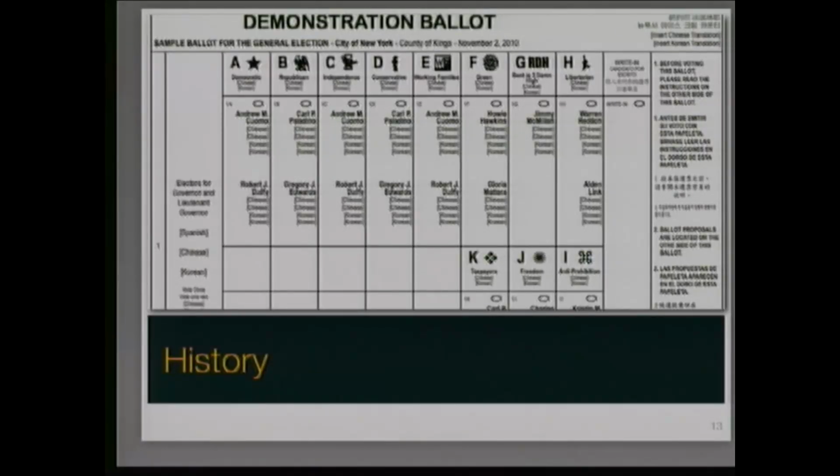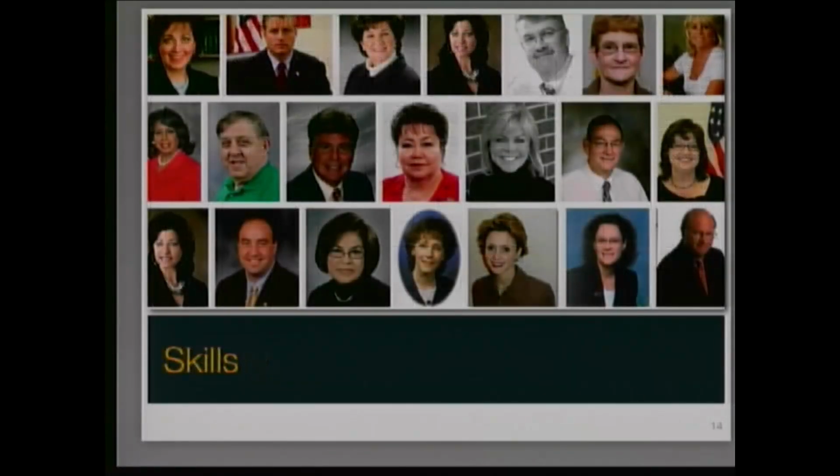So there's legislation, there are costs, there's history and culture of voting where you are, but there's also this other human factor. Now, these are county clerks and registrars. I know these people. They are some of the nicest, most accessible people on the face of the earth. They are very available. You know, if you called up your election department and said, how can I help? They would talk to you for an hour about how it works. They're really generous and wonderful people. But